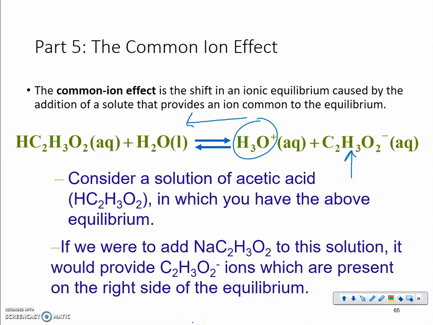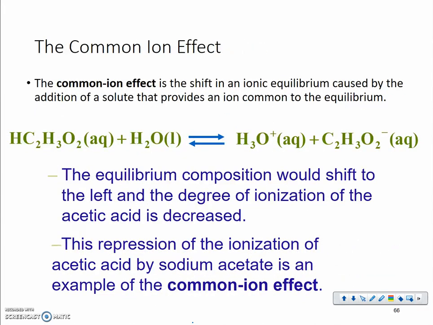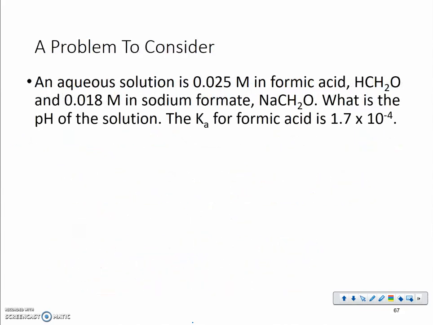And therefore, when you add that, it's going to have less H3O plus, which is going to increase the pH. Okay. So the degree of ionization is going to be decreased because we're going to have less of that H3O plus. And so this is called the common ion effect. So it's typically adding the solute of your conjugate, base or acid, conjugate base in this case, to your solution. So for example, if we have formic acid,